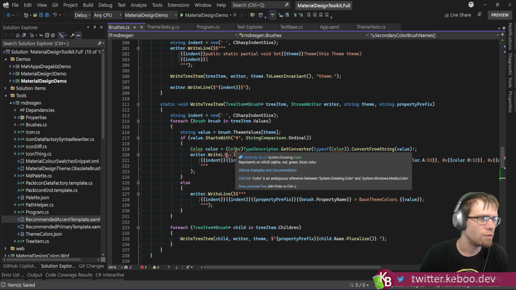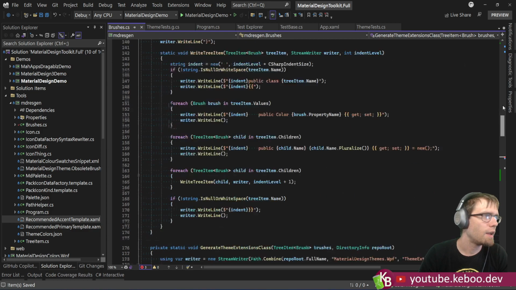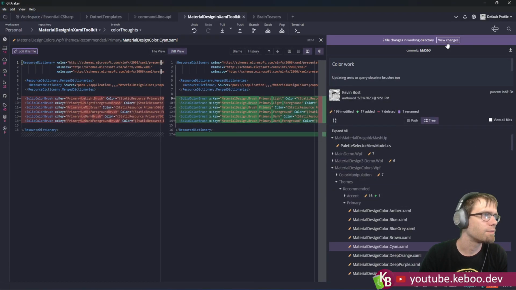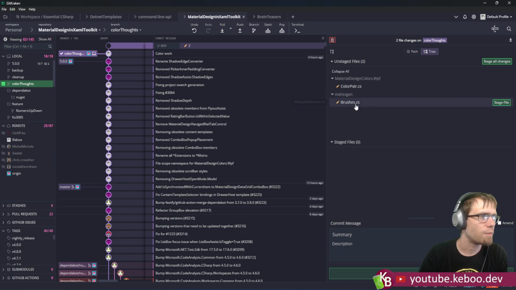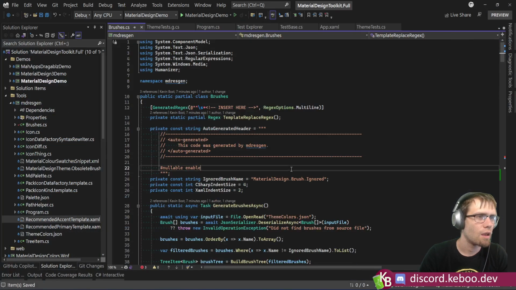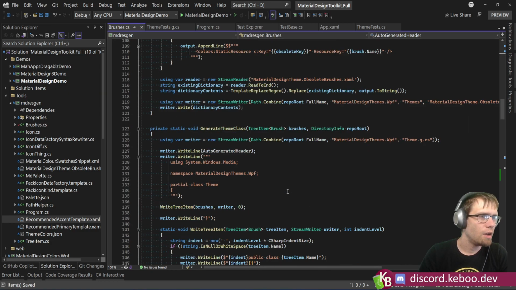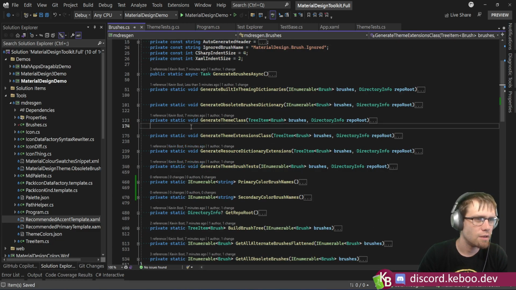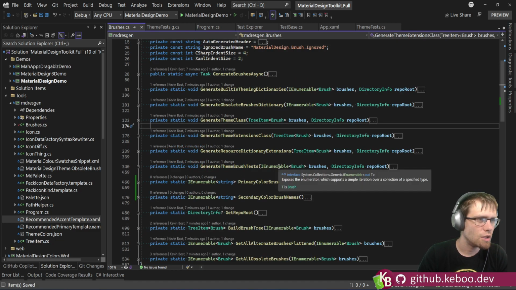Okay. What did I do? Did I add a using in here? It's acting like I added a using. Few changes. See, look at that. Discard. Okay, now we want to collapse some stuff and generate